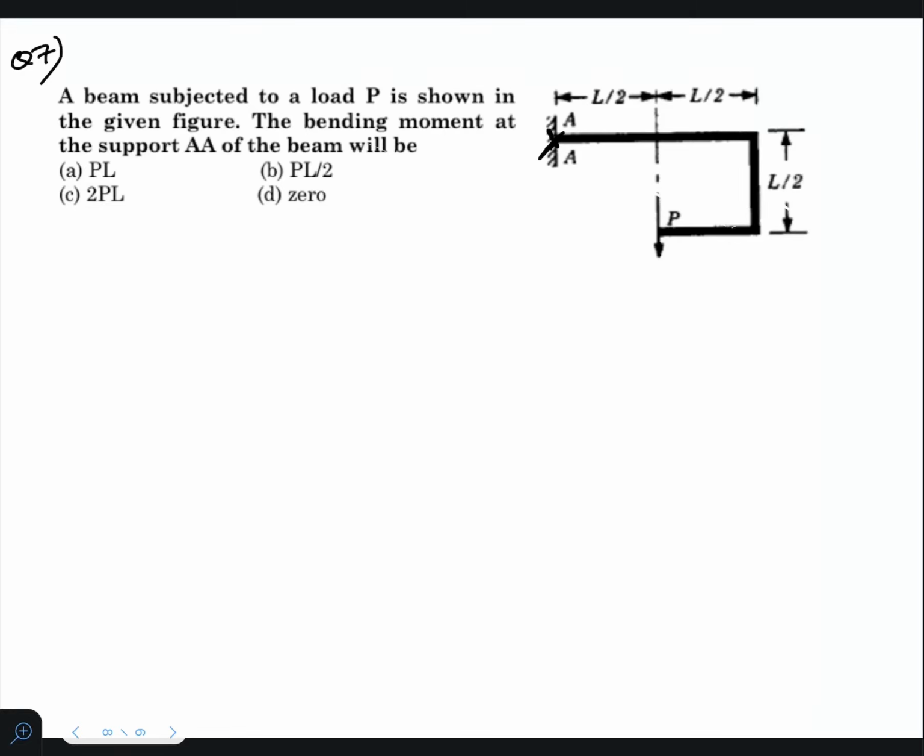Here a load P is acting. This is a very important question. All the frame kind of questions we can solve like this. So we will have to draw. See, I'm giving names like this: A, B, C, and D. So let us draw free body diagram of each and everything. I'll start from here. P load is acting like this.